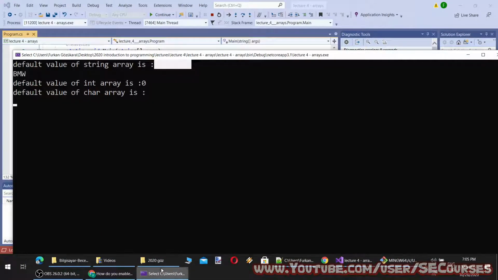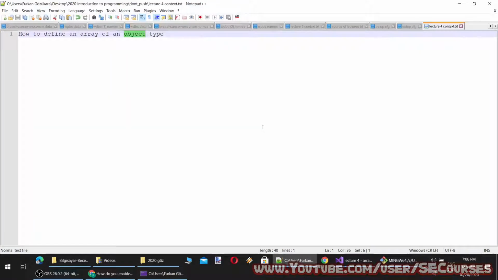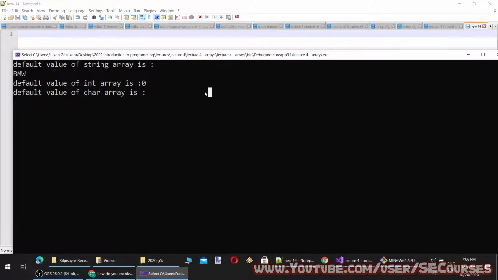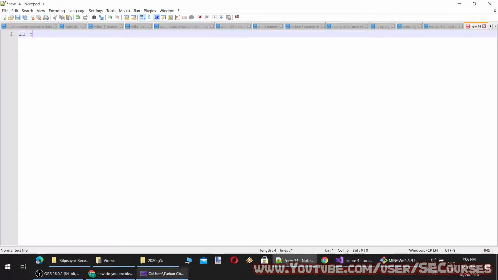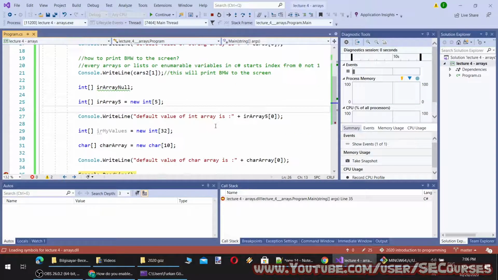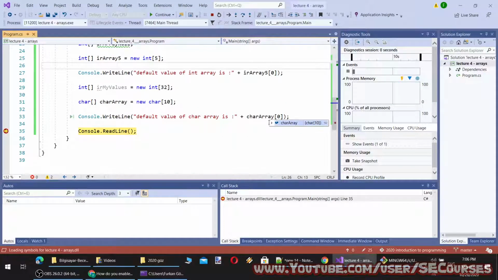Okay. So the default value of int array is 0, and the default value of character array is, obviously, also the empty character. So the default value of empty character is being empty character. Yes.